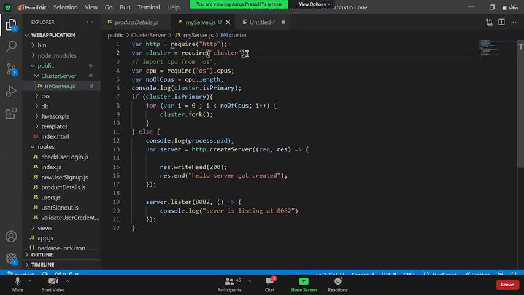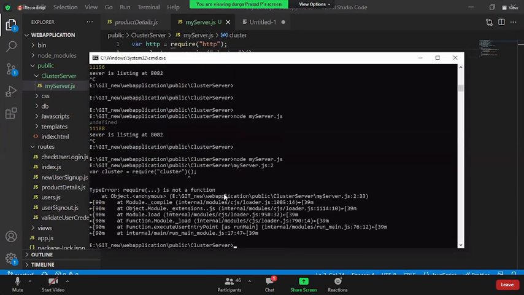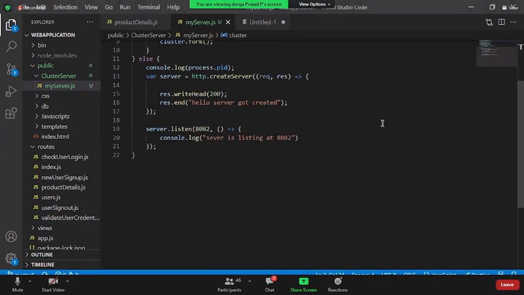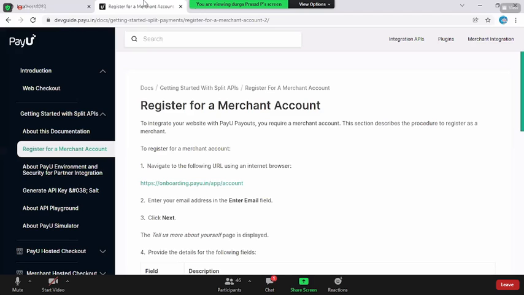Import cluster. Require is not a function. One second, guys. Let us see.